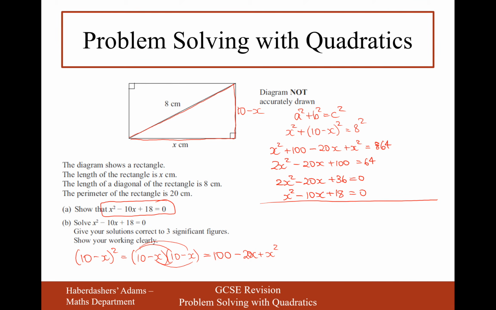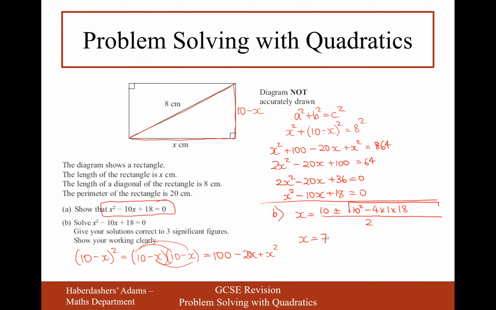Okay, moving on to part B, solve and put your answer to three significant figures. So this here we'll need to use the quadratic formula, so x equals minus b, but b is already a minus number, so it's plus 10, plus or minus the square root of b squared minus 4 times 1 times 18, all over 2 times a, so that's equal to 2. So typing this all into the calculator now, 10 plus square root of 10 squared minus 4 times 1 times 18, and then divide that by 2,